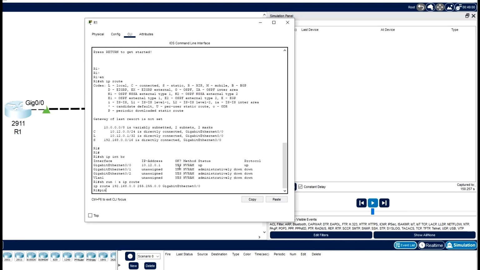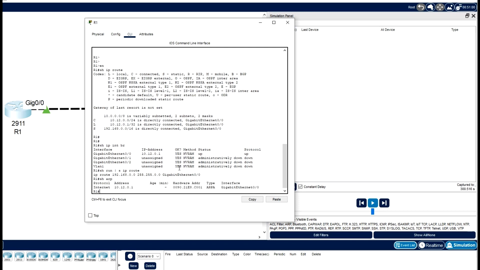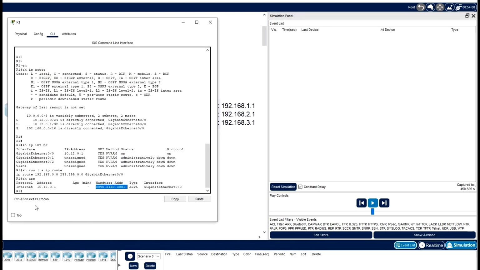And we want to ping 192.168. Let's first show ARP. As you can see, there is a MAC address for this host, for this IP, for this interface, sorry. And let's do ping